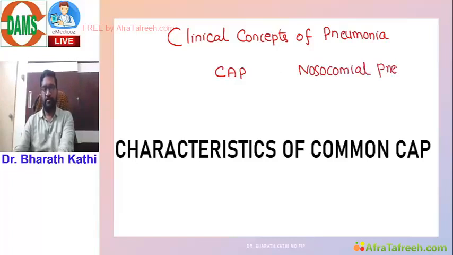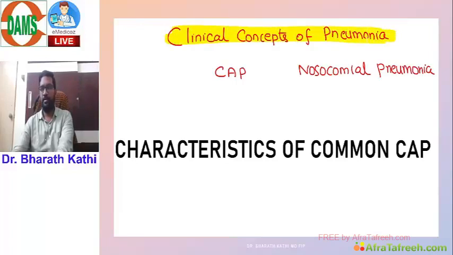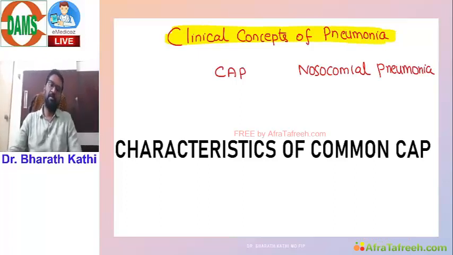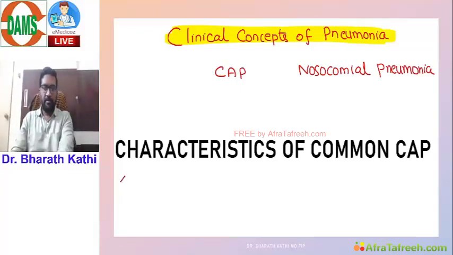So this is the recent classification. We have only two, community acquired and nosocomial. Nosocomial again is non-ventilator pneumonia, called hospital acquired pneumonia, and ventilator associated pneumonia. Coming to community acquired pneumonia, as we discussed last week, it is again divided into typical pneumonia